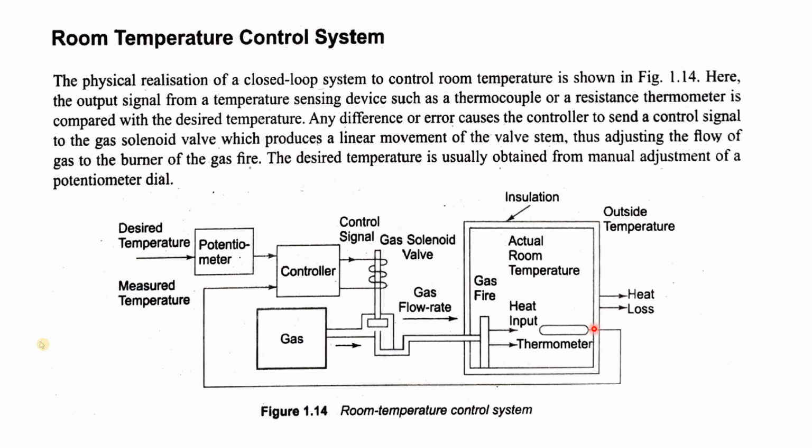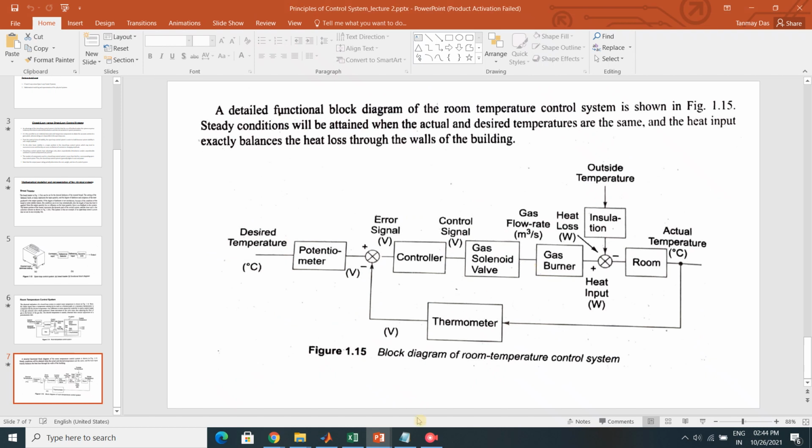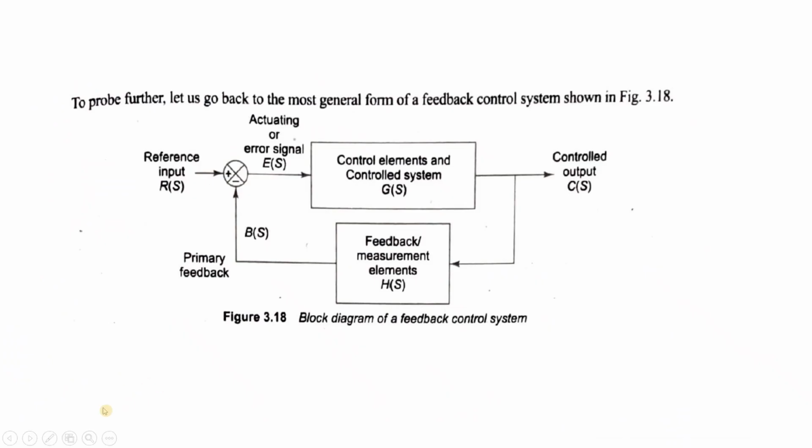The controller used to operate accordingly, because there was a feedback. So feedback was sent from the thermometer that the room temperature has not yet reached the desired temperature. So a signal was given to the controller, and the controller used to take action, and accordingly the system would operate. So in the block diagram, controller is also a block, system is also a block, and this is the output room. Okay, so everything is represented in the form of a block.